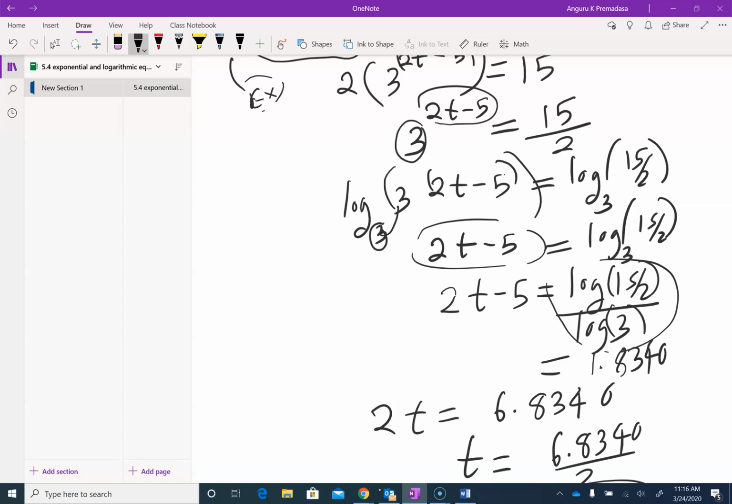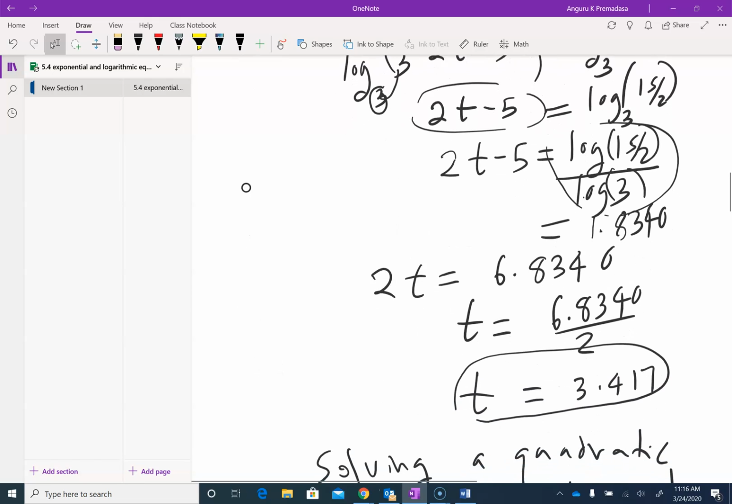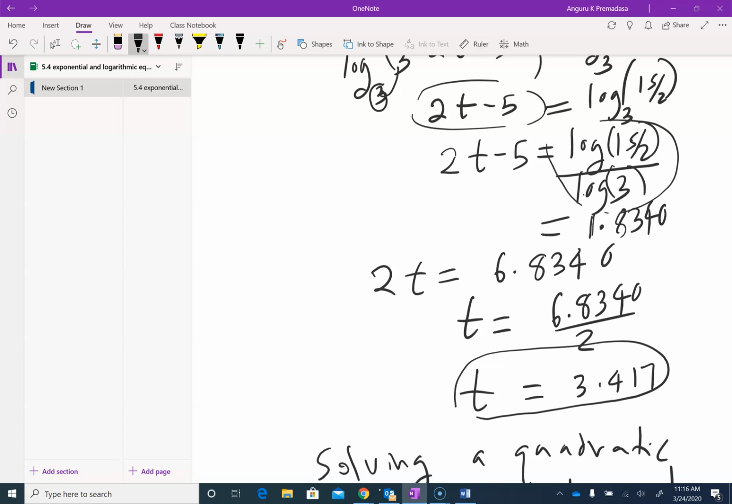So 2t minus 5 is, it might be a good idea to find this before you go any further. So log base 3 of 15 over 2 is the same as the common log of 15 over 2 divided by the common log of 3. And that actually turns out to be 1.8340. So we have 2t minus 5 equals